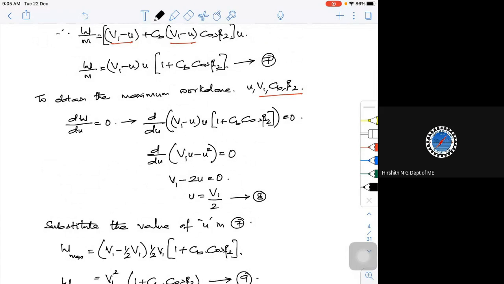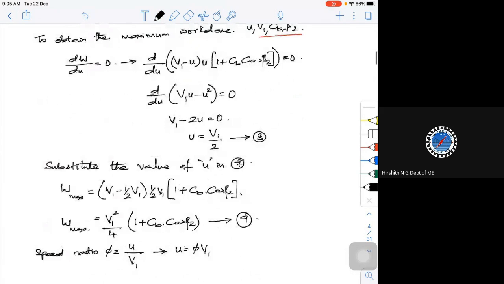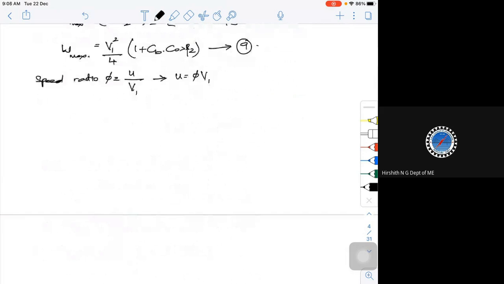So I can write w by m is equal to v1 minus phi into, so this expression, I am speaking of this expression. Wherever u is there, I will write in terms of v1, that is phi into v1, so that I can write the same expression in terms of specific, or what we call the speed ratio. If I do that, let me take that expression. Therefore, equation 7 becomes,